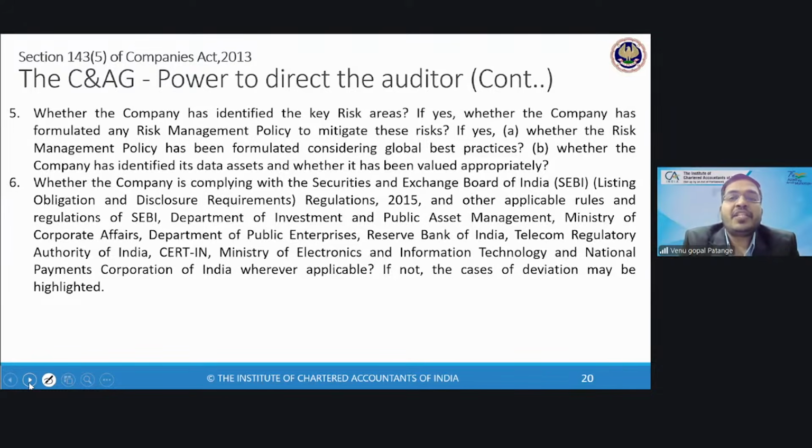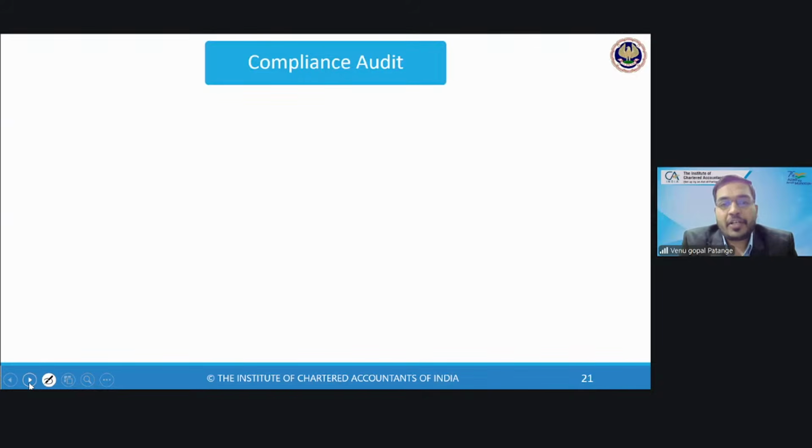Once we are done with this, we'll move to the next type of audit, which is compliance audit. So what is compliance audit? Name itself has everything. Let us say you want to verify Factories Act compliance, Gratuity Act compliance, RBI norms compliance, exclusive, specific compliance audit. So here